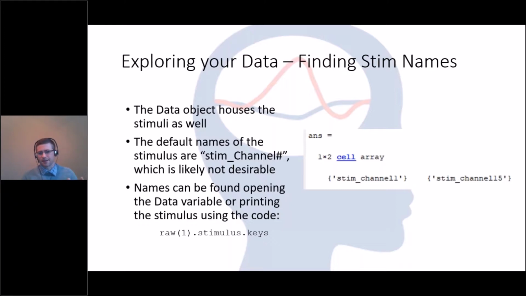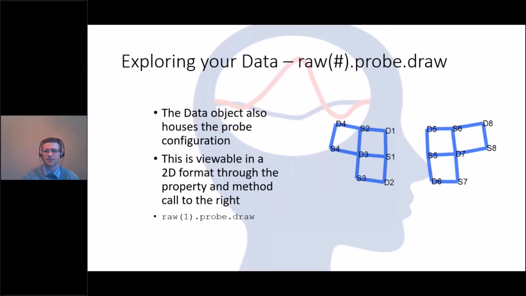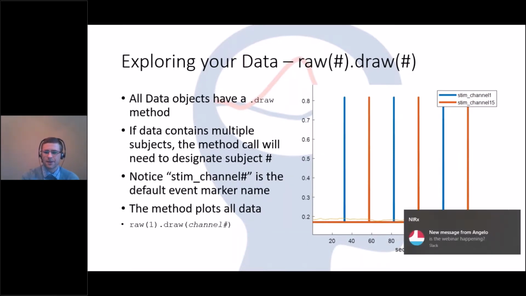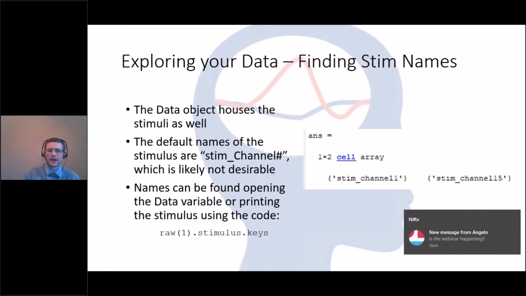I always say that the processing steps at the start are nowhere near actual data processing. It's usually just setting up the data to be processed. One of those steps is getting these condition markers named appropriately so that we know what we're dealing with, especially if you have a larger lab where other people are going to be looking at this. So in this case, I want to see what these stimulus names are. I know for a fact, just based off of this, they're named stim channel 1 and stim channel 15. So after that,